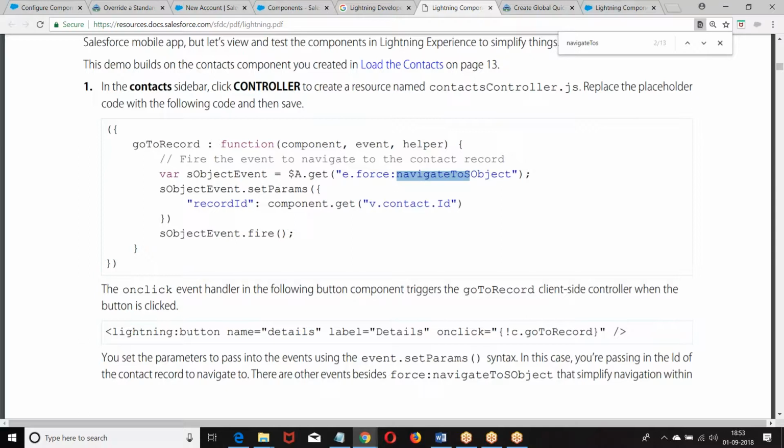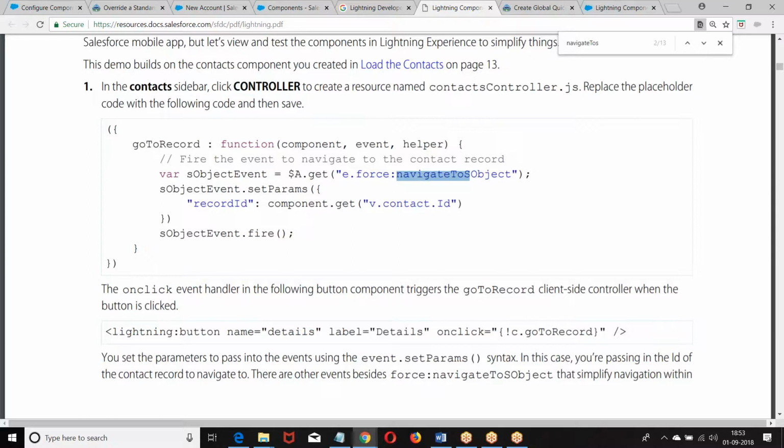If it is an edit page, anyhow we are going to pass the ID in the URL, which is stored in the force:recordData, and I can use it. No, it is not LDS here. We are writing Apex programming. Now we have created our own card in which we have input elements. When you click on a button, it goes to the client side, where it reads the data, sends it to the Apex class, which inserts the record and sends back the ID. Then once you know the ID, how do you navigate?